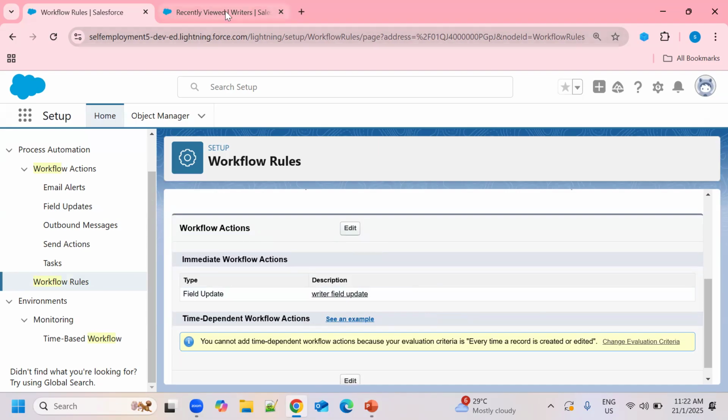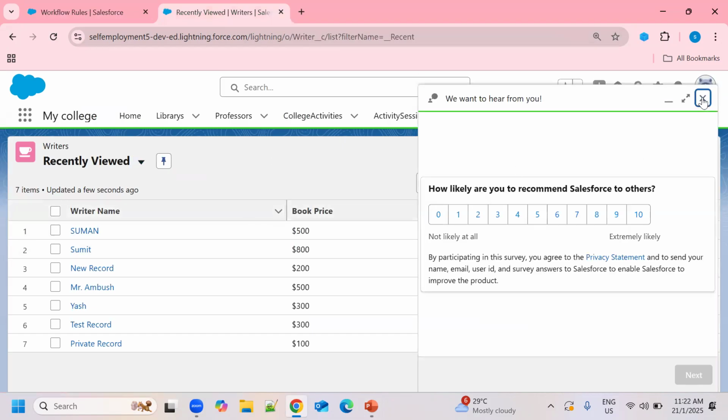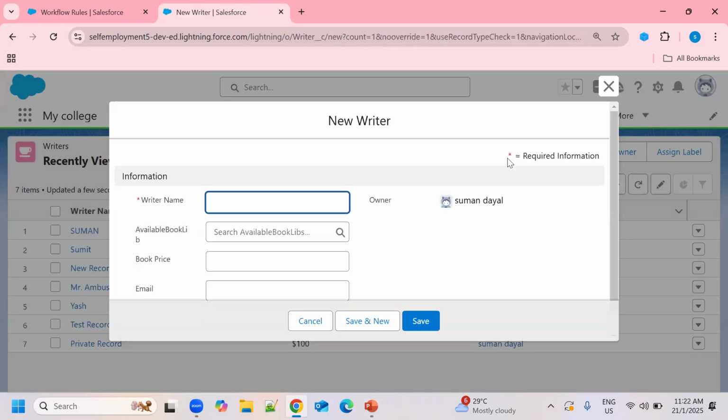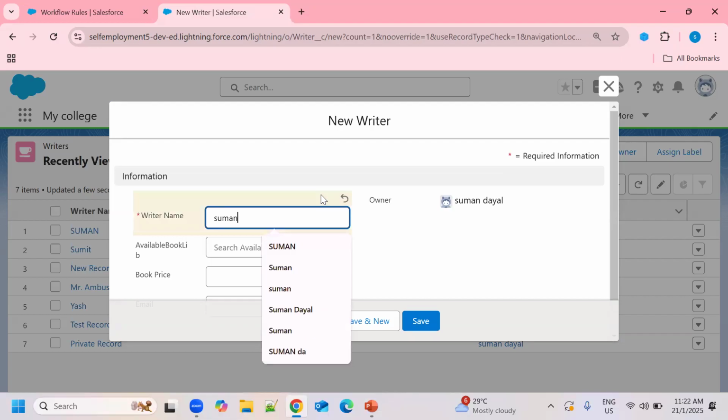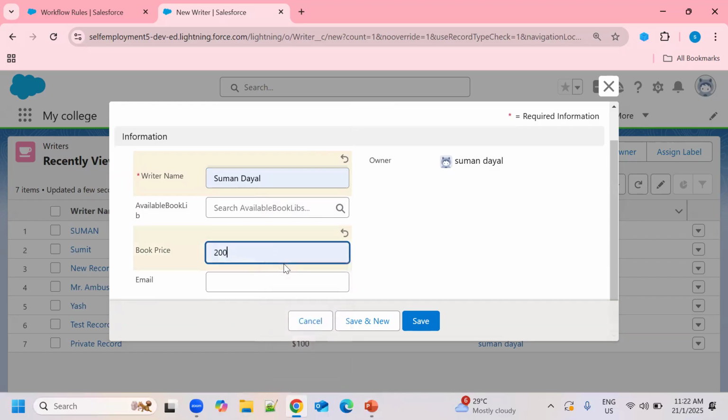Now come to our application. This is my object on which I have applied my workflow rule. Now I'm going to create a new record by putting in a name. Now for the book price, I'm just giving this, and I'm leaving the email address blank, I'm not mentioning any email address here.